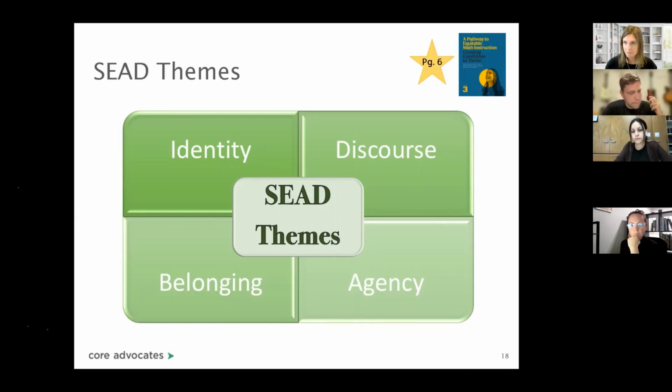So just going around, starting with identity, those are the deeply held beliefs that one has about their ability to be a mathematician. Now, obviously, their identity extends far past just mathematics, but in the scope of what we're doing today, we're keeping it in that realm. So I associate a student's identity with what it means to be a mathematician, and what is that? And, can I be a mathematician? What does my identity say about my ability to do that?